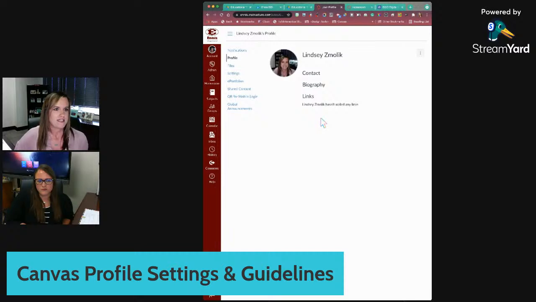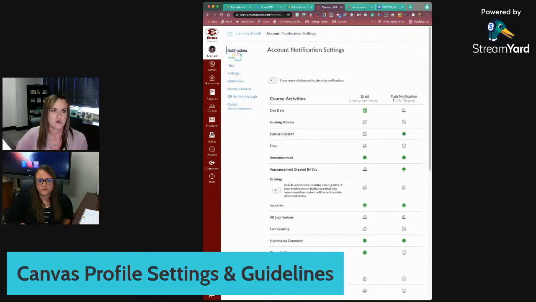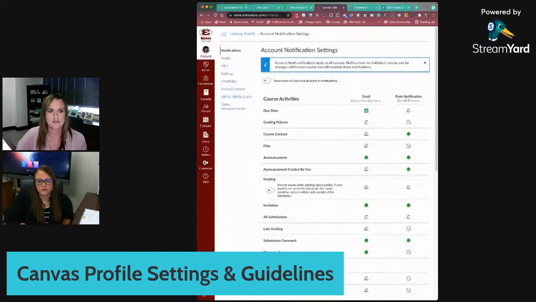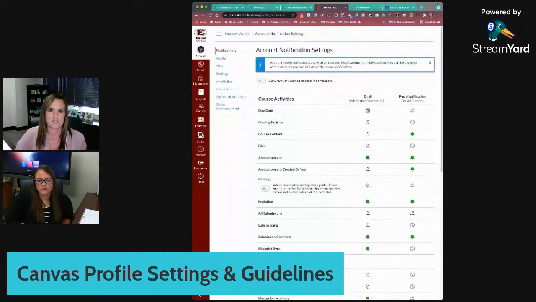Okay, now while we're in our account settings in Canvas, let's review where you would find your notification settings. These would be your settings for courses that you are participating in as a student, such as any of our training courses, or courses that you're a teacher of, as well as if you are a parent to a student in the district and you've registered or linked your account to be an observer of that student, then you can also set your notifications here as an